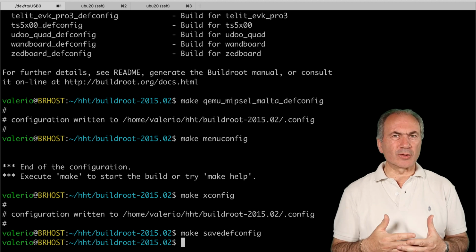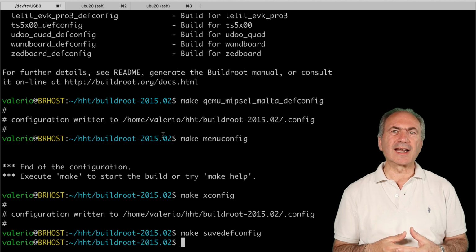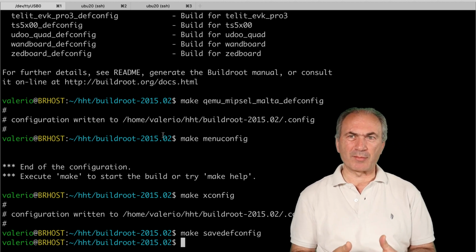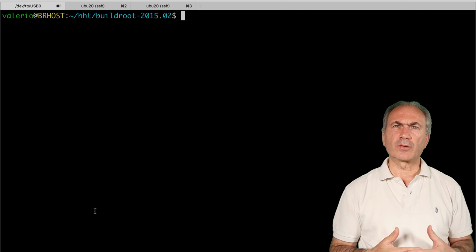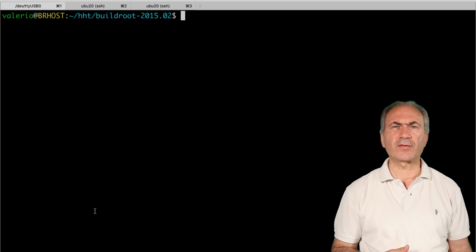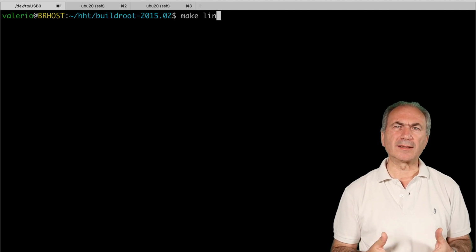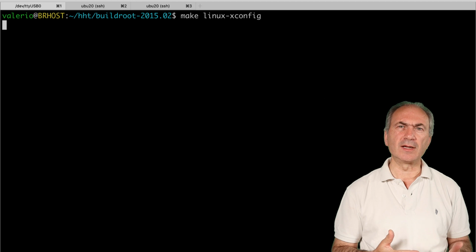Configuring buildroot is not enough. We have also to configure the kernel and the musl libc library. To configure the Linux kernel, in general, we could use a similar GUI interface to the one used to configure buildroot with the command make linux-xconfig.